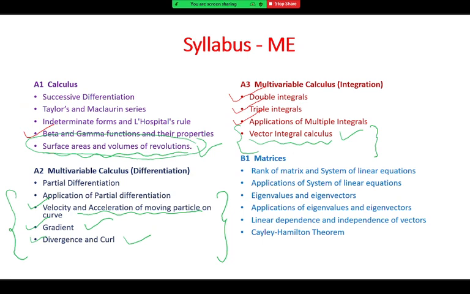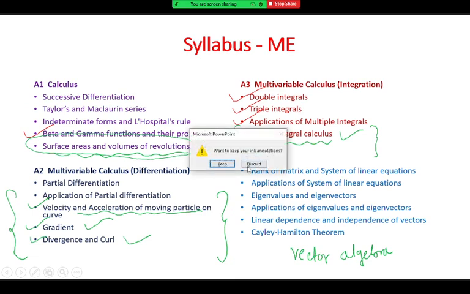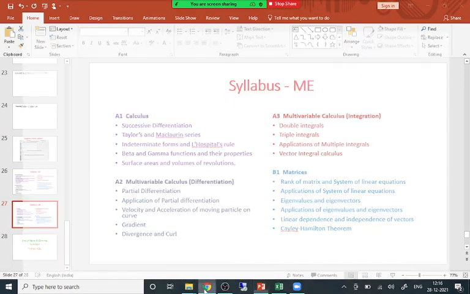For this topic, there is a prerequisite. The prerequisite is vector algebra. This will not come in the exam, but remember vector algebra, which includes the dot and cross product, vector dot product and vector cross product. You have to do that as a prerequisite part. So I will show you where to look for that on the TMI LMS.